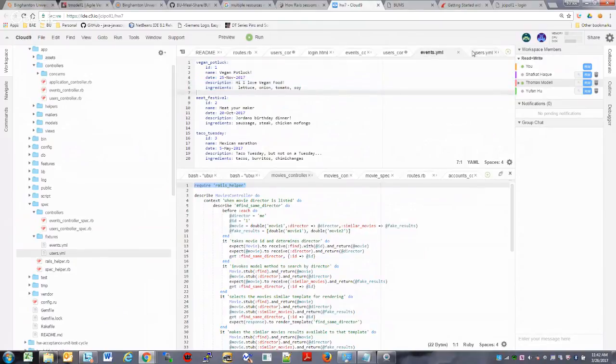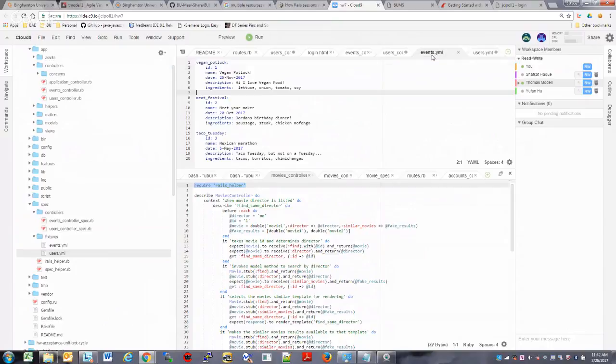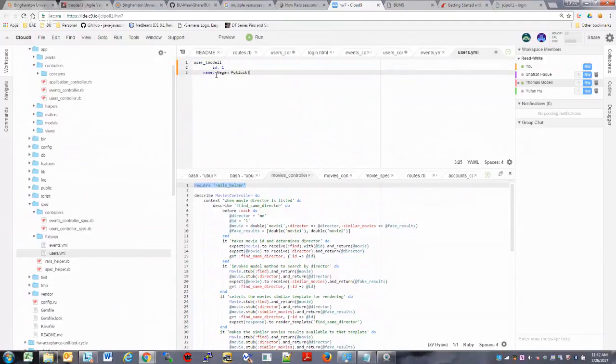Here's the events one. So let's call this guy user T model. All right. Yeah. So then ID, I'm going to copy two of these things and I'll know the rest easier. So ID's 1, name is T model, and password